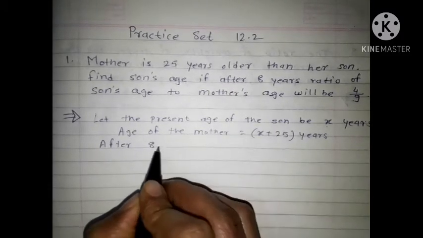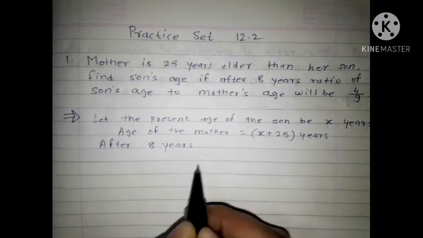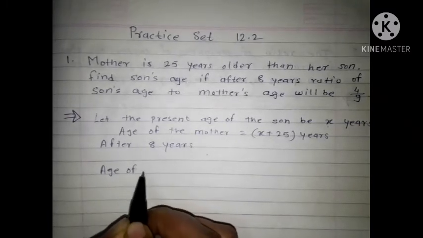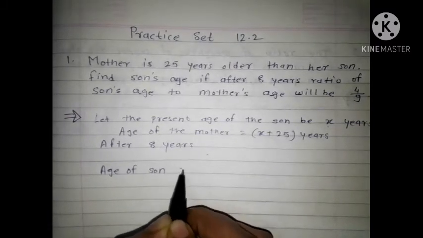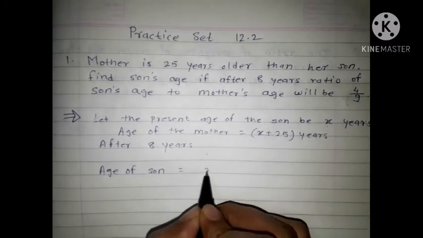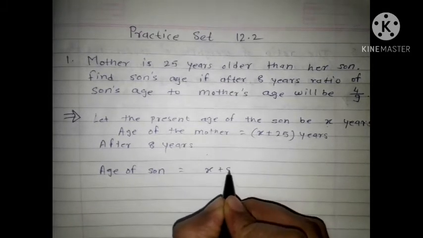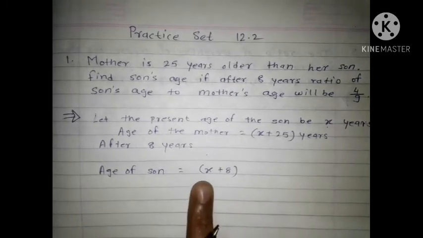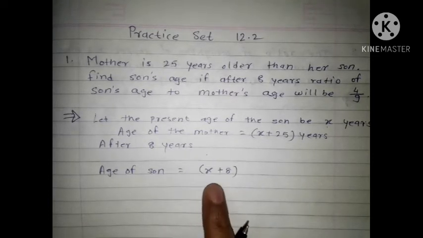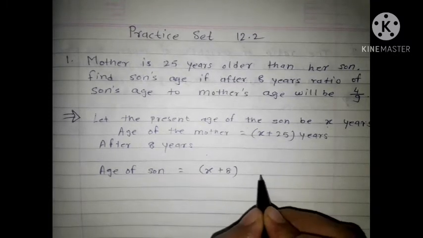After 8 years, what is our condition? After 8 years, age of son. If today's age of son is x, and after 8 years means plus 8. Understood? Today's age is x, and we have to calculate the age after 8 years. The age will be x plus 8 years,